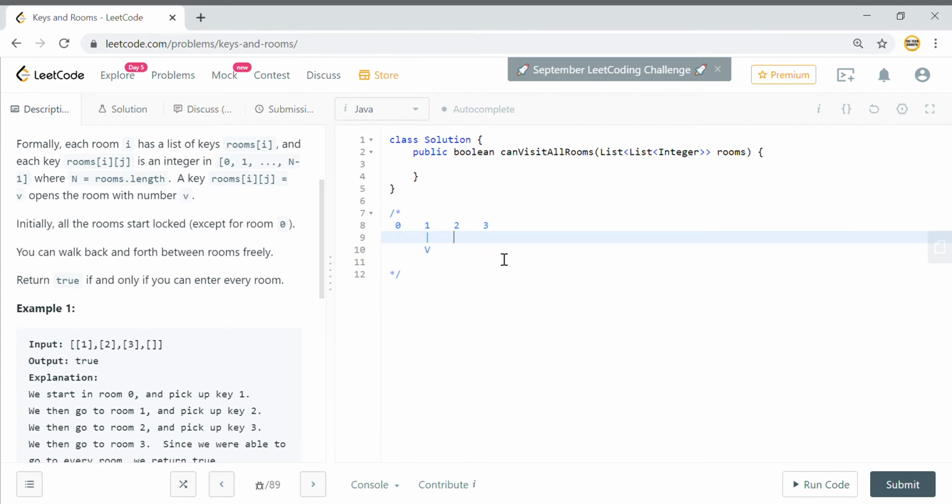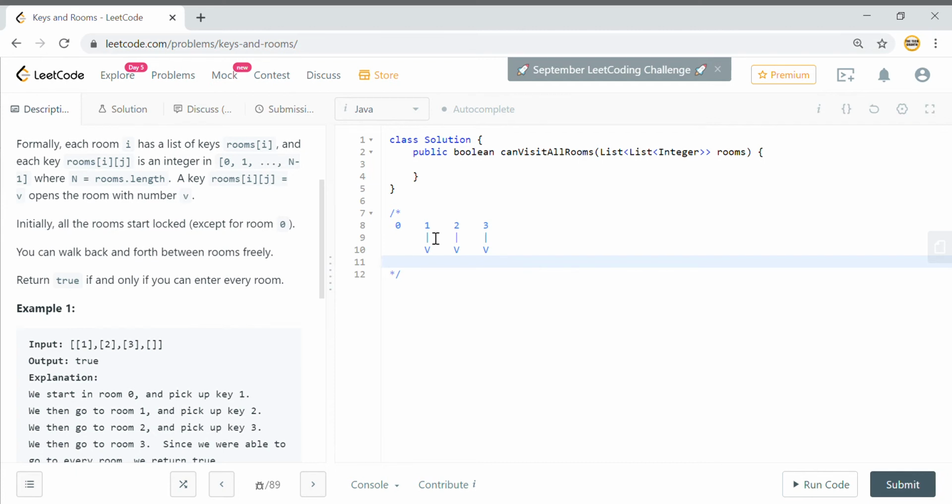In room 1 you got the key to room 2, so you can mark 2 also as visited. And when you reach 2, you got the key of room 3, so you can mark this also as visited. Room 0 you have already visited, so even if you don't mark it, that's fine. You can start your check from room 1. And if all are visited, then it's true, otherwise it's false.